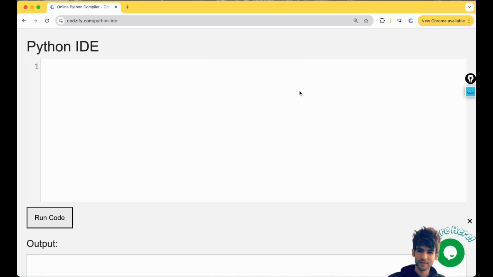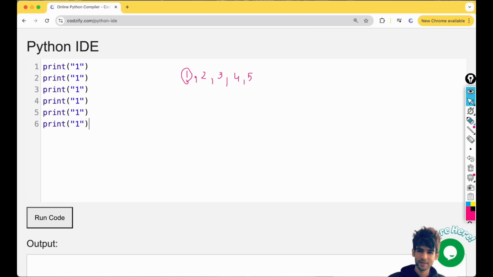Let me explain what exactly a loop is. For example, we have some range here: 1, 2, 3, 4, 5. Now you have to print these numbers in Python. So there are two ways you can do this. Either you can print it this way, 5 times, right? You can print it this way,